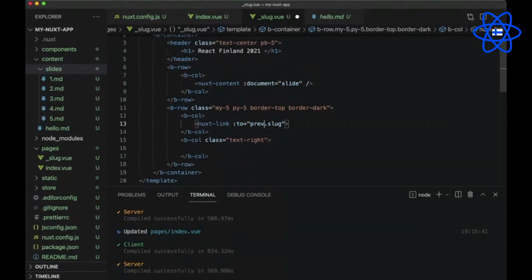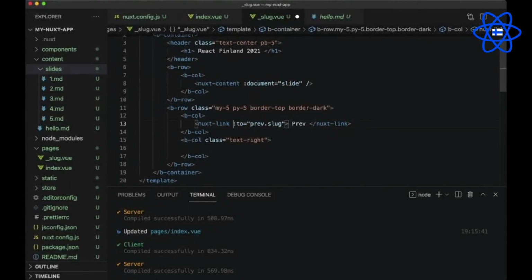But for our Nuxt link to work, we will use our previous.slug that will make our dynamic page work as it should. So we're going to say previous. Now what will happen when we are on the first slide is that we may not have the previous slide in that instance.